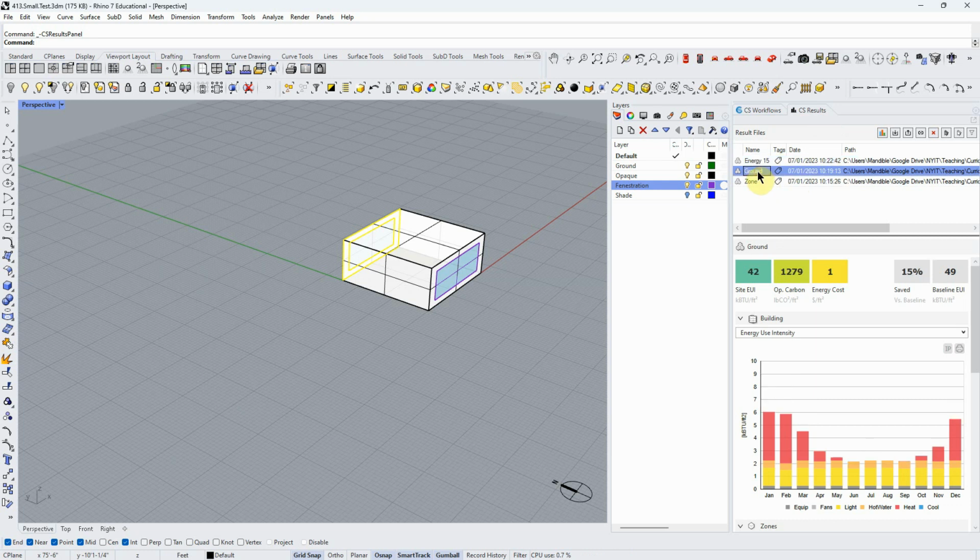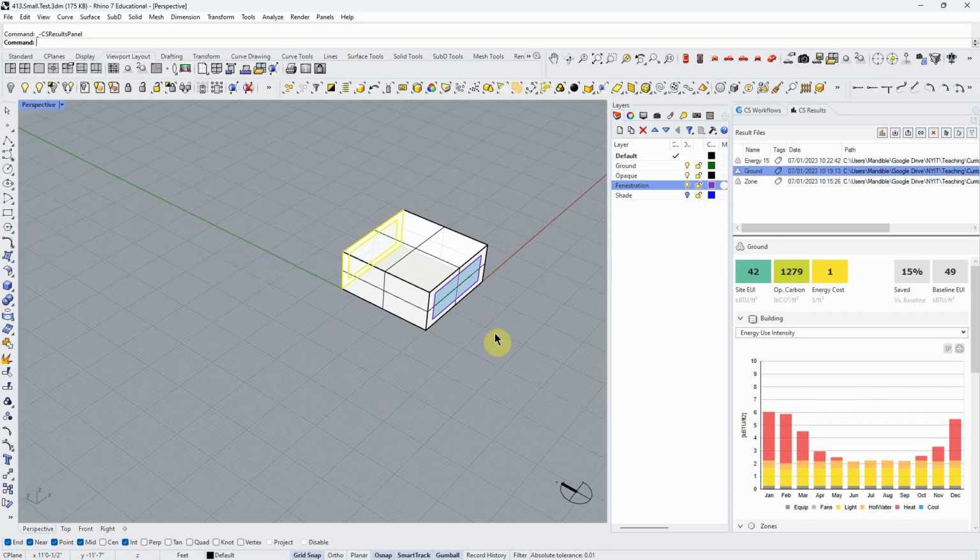As to be expected, we have a much higher... Oh, but by the way, what was the deal with the zone? The ground zone lowered our EUI, and we now have no cooling load. There were no windows. Why would that be true? Well, if we have air,